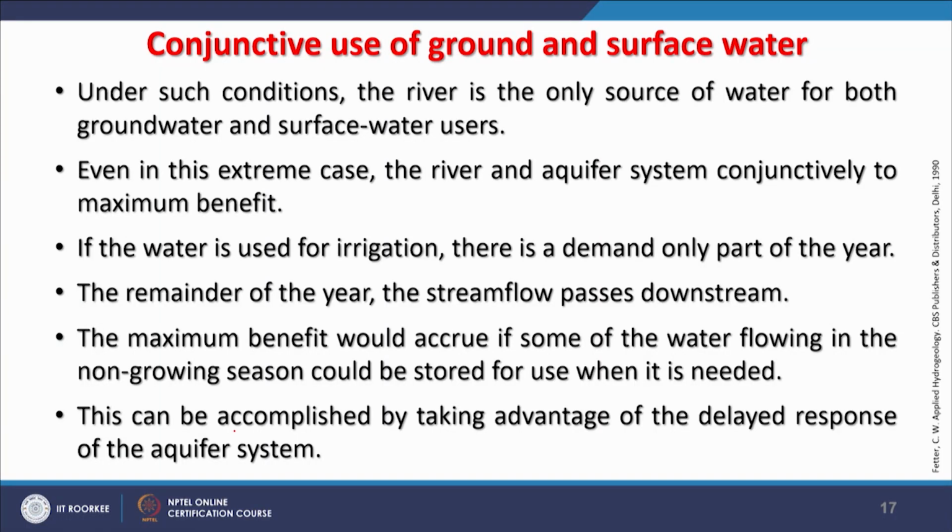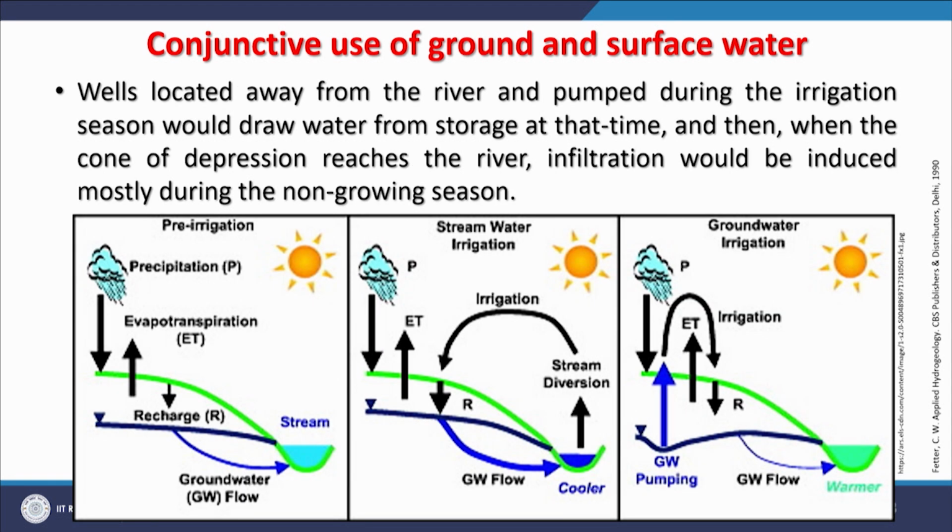So, what we are discussing at this point is better irrigation and crop management, and if that is done, this will be accomplished by taking advantage of the delayed response of the aquifer system. Means the recharge which happens at a very slow rate, that can be managed very well with this. So, here what we are looking at, wells located away from the river and pumped during the irrigation season would draw water from storage at that time, and when the cone of depression reaches the river, the infiltration would be induced mostly